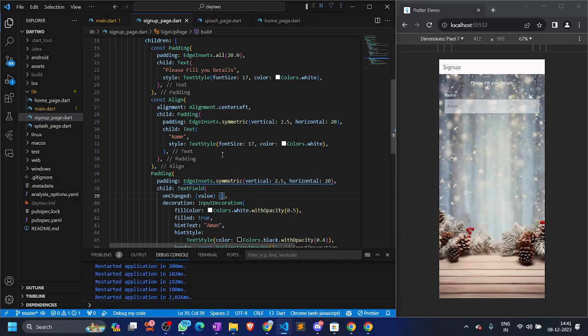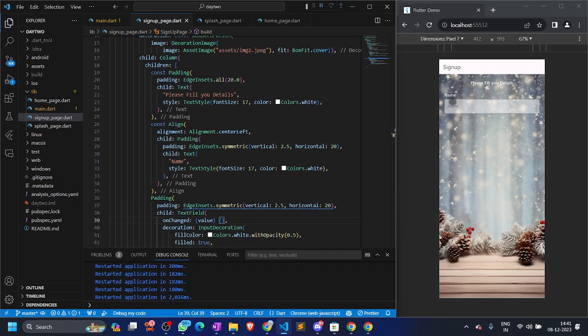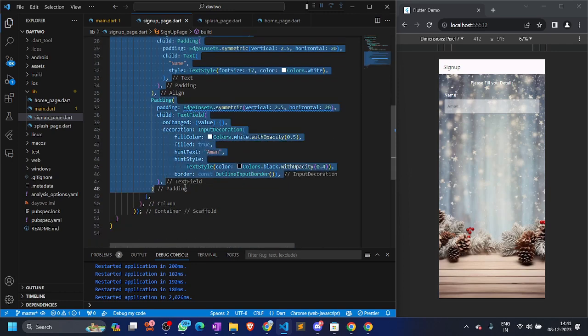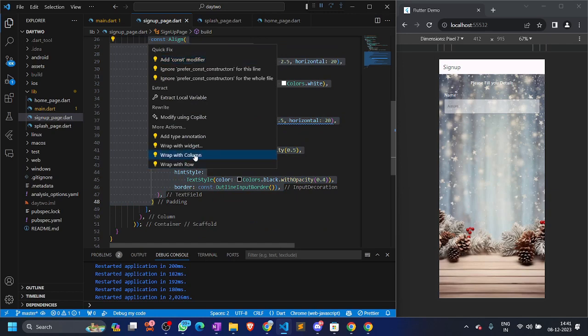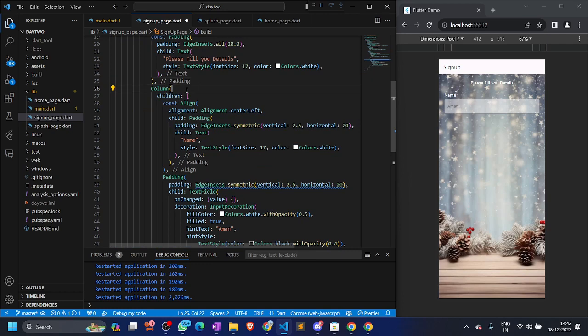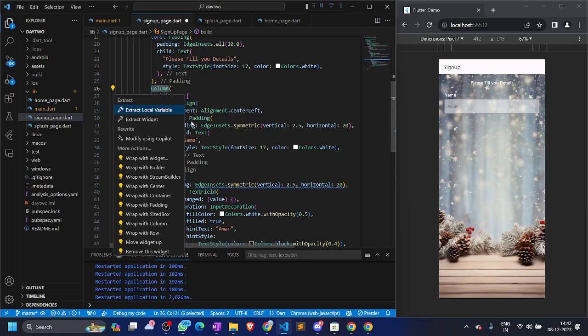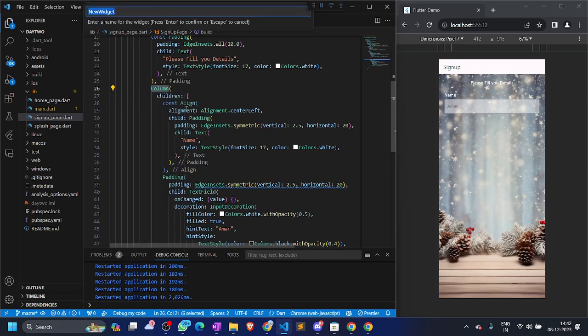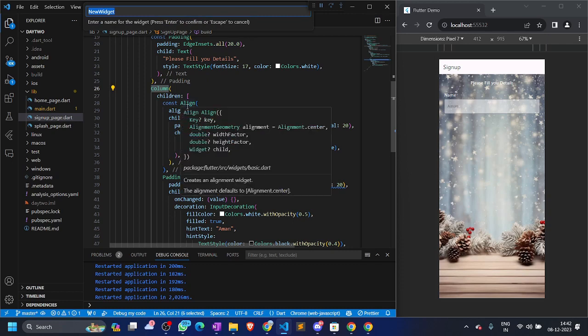So how do we do that? First of all, we agree that these two are in a column, so the separate widget should also be in a column, right? So first let's put this part in a separate, nested column of its own. Type Control dot, this window will appear, wrap with column. Now this is the column. After it's wrapped in a column, you can extract this widget. Click this bulb or type Control plus dot, and you can see the extract widget option. Click here, write your name here,